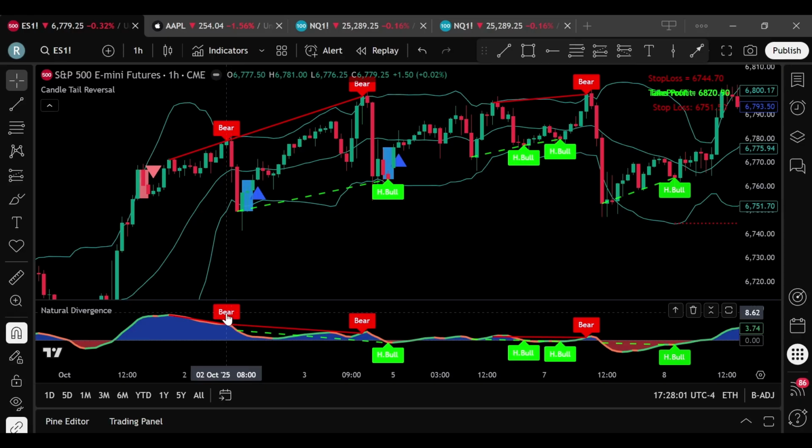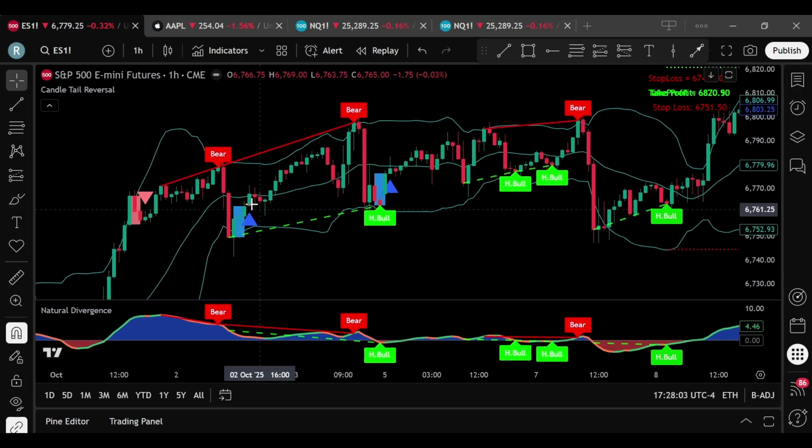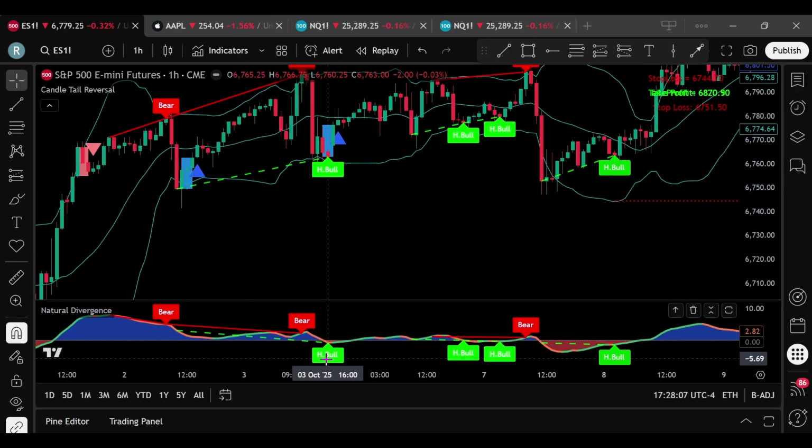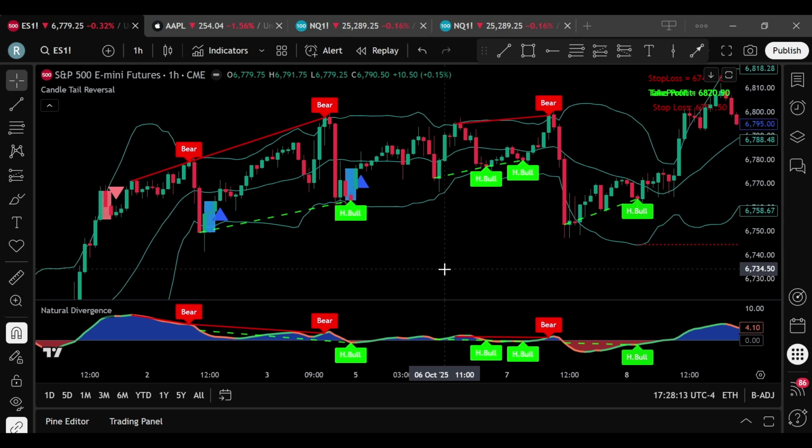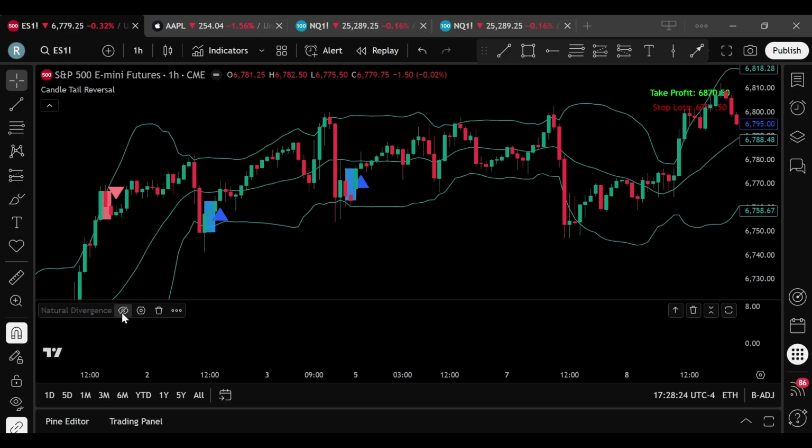As we see here, the bear label correlates with this bearish divergence, and then the H bull is the hidden bullish divergence correlating with it here. As you can probably already tell from this example, you can see the overlapping confluences of both of these indicators. Let me hide the natural divergence to show you the candle tail reversal poking down into the discount part